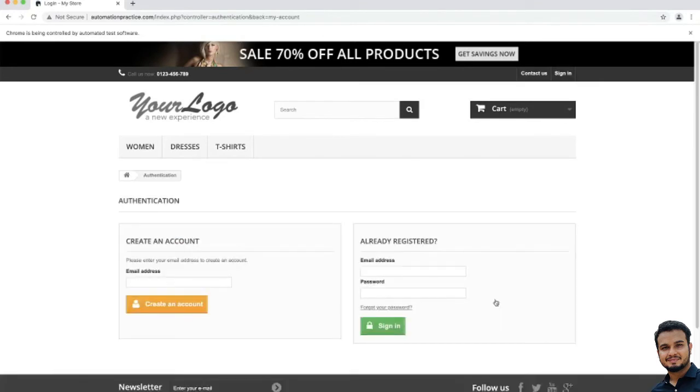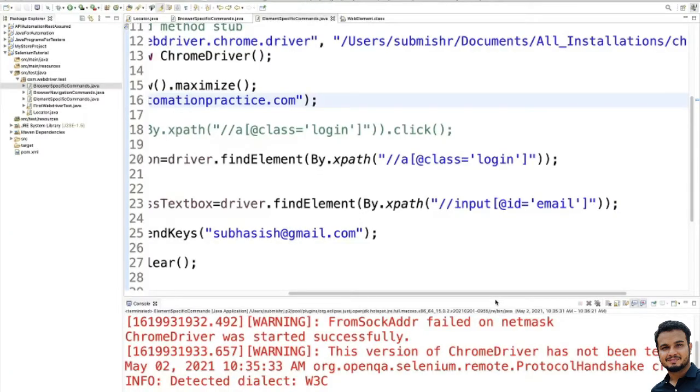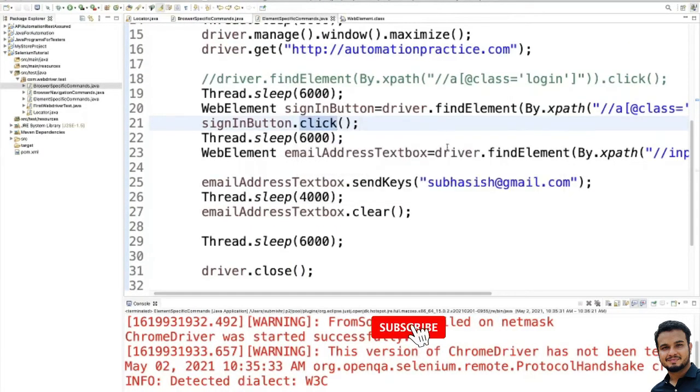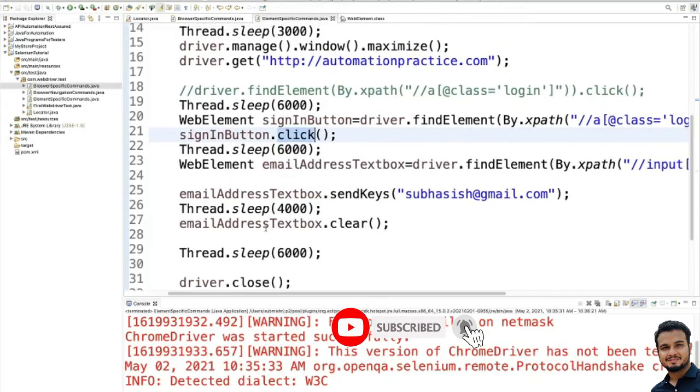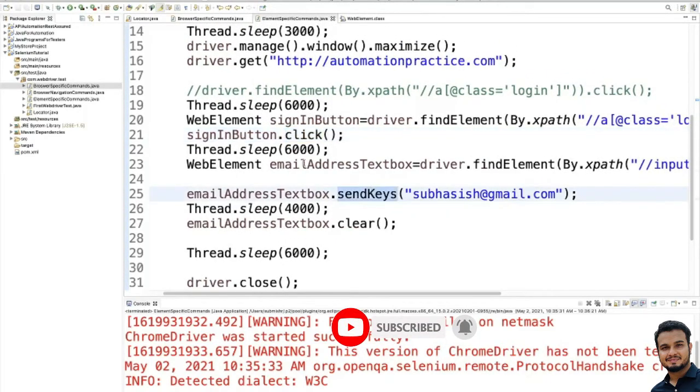Now it should enter some text in the email address text box. Yes, it is entered. Now it should clear also. See, it got cleared. And now it should close our browser. Yes, now you have observed how the click method worked, how our send keys worked and how our clear method worked. So these are the element specific commands.